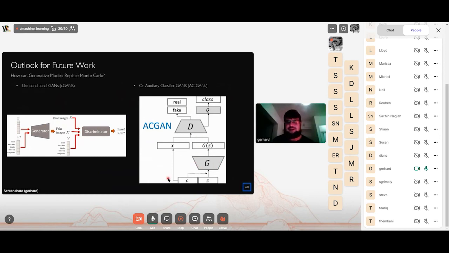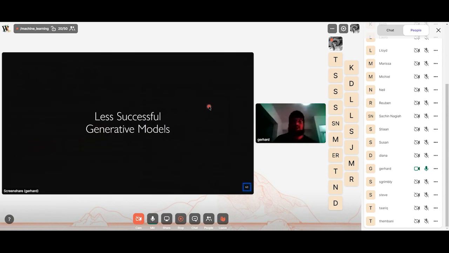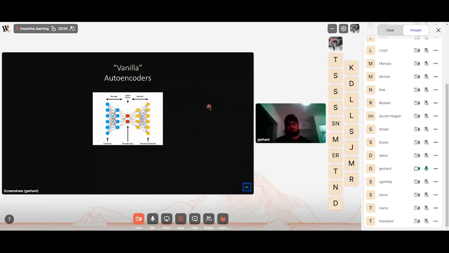Then you get this other setup called auxiliary classifier GANs, which is similar, but the difference is that your generator is given the Z variable conditioned upon the class, and then the discriminator is supposed to say whether the data is real or fake, but it's also supposed to say what class this image was from. I've also got a couple of things that didn't work, but